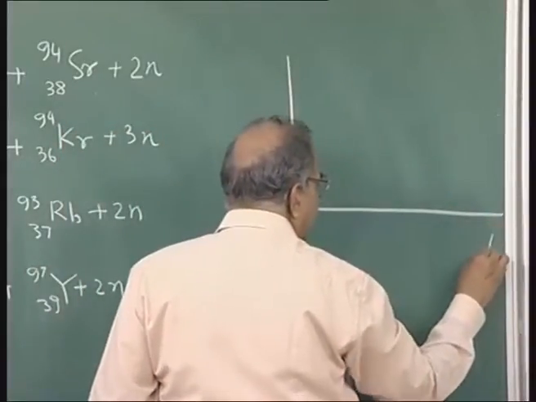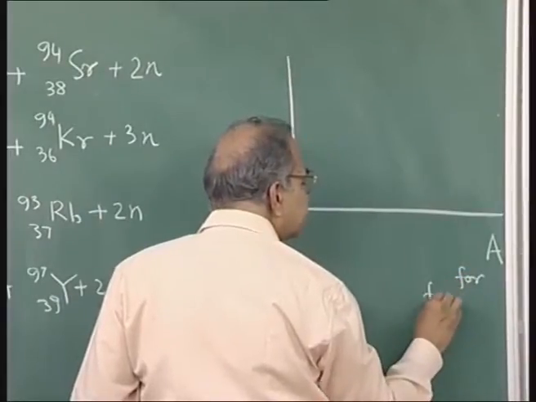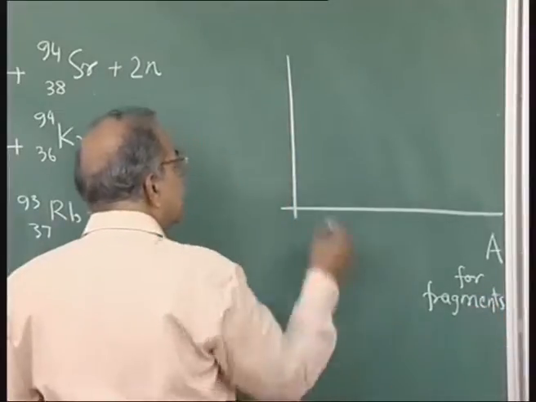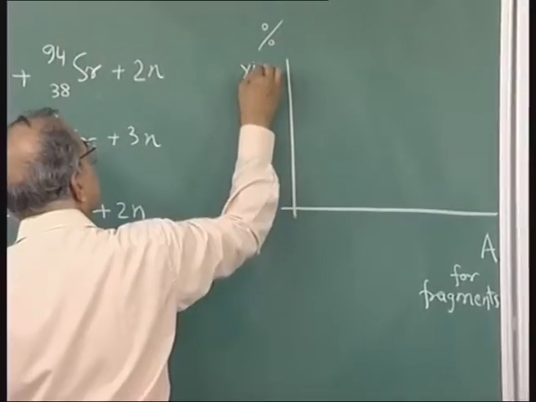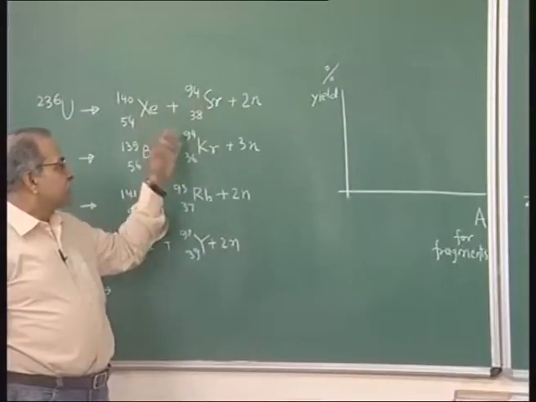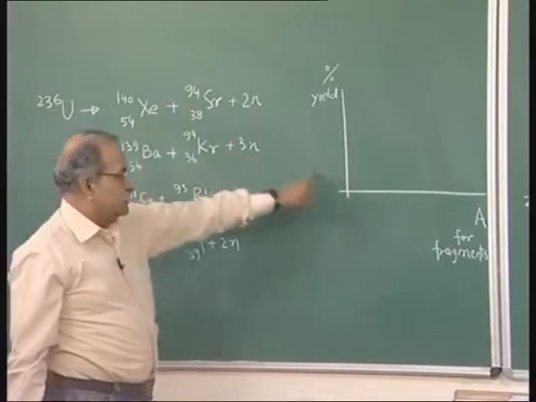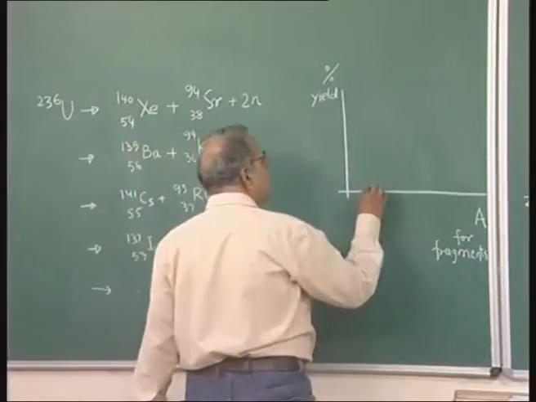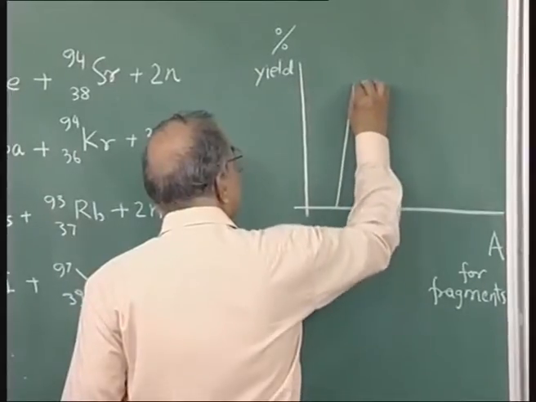So, here I am plotting A of fragments. And this side you can say percentage yield. In all the material that is here after this fission event, how much is this A and how much is that A, and so on. And if you do that, it turns out to be like